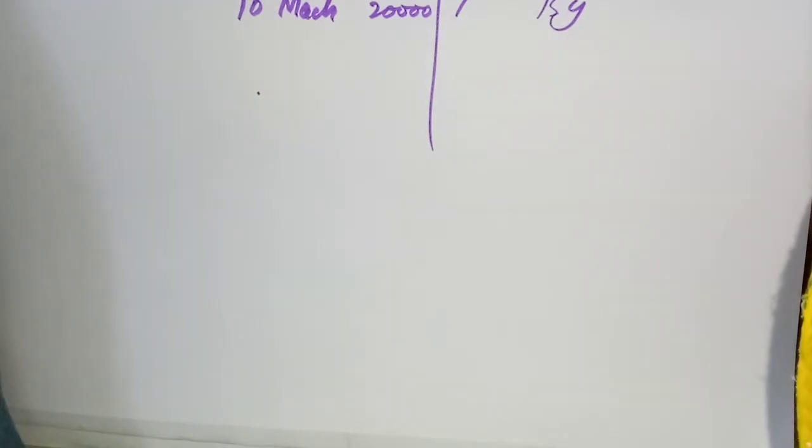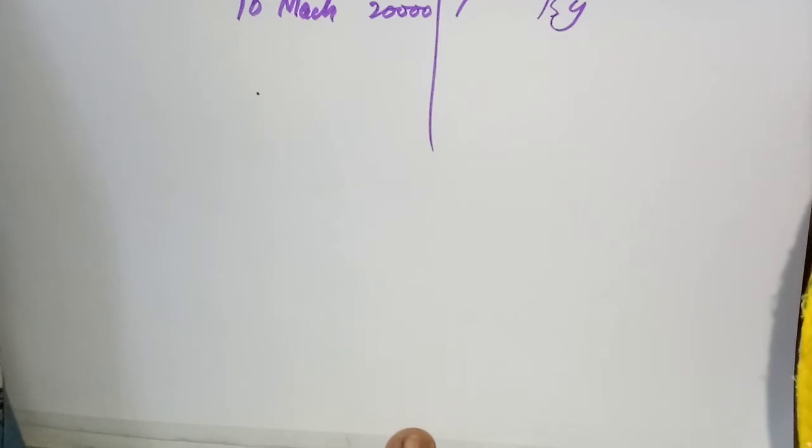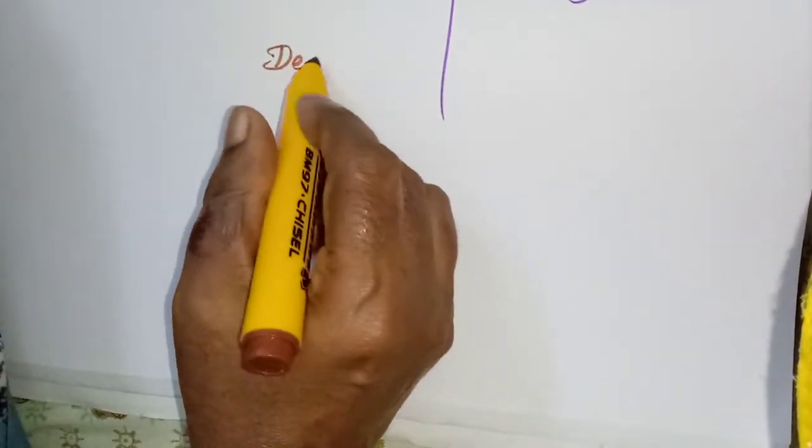Students, shall we learn accountancy, the 10th lesson, depreciation accounting. Under depreciation accounting, we are about to complete the first method, the straight line method or fixed installment method. We were doing the 10th problem yesterday, so I will complete that one. They have asked to prepare two accounts, machinery account and depreciation account. So we will prepare the depreciation account.